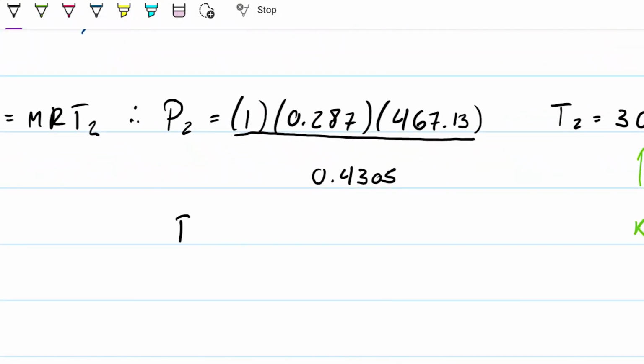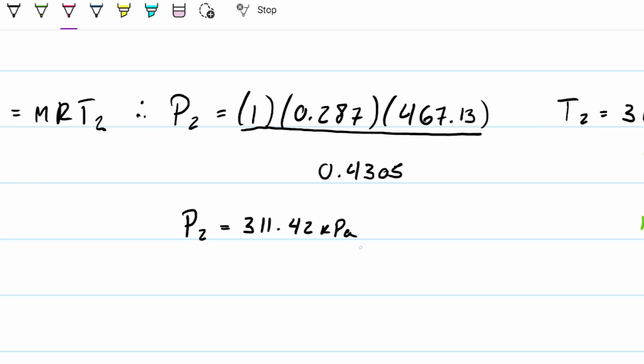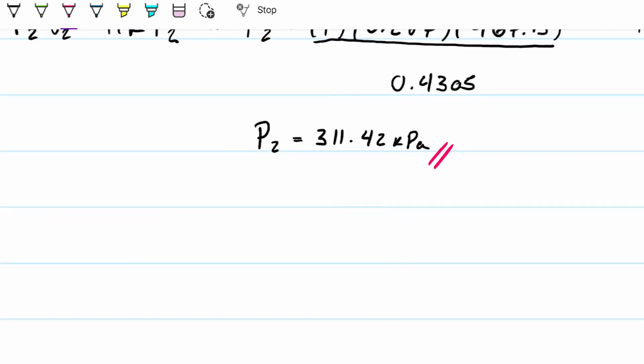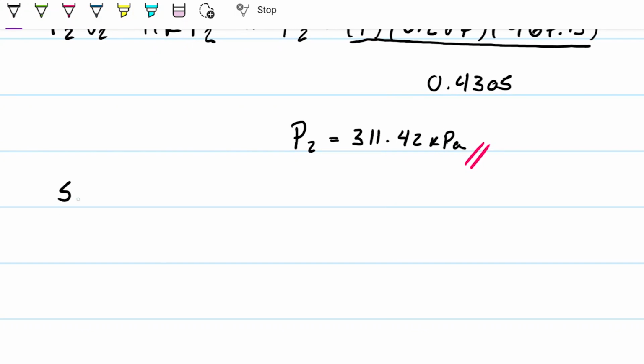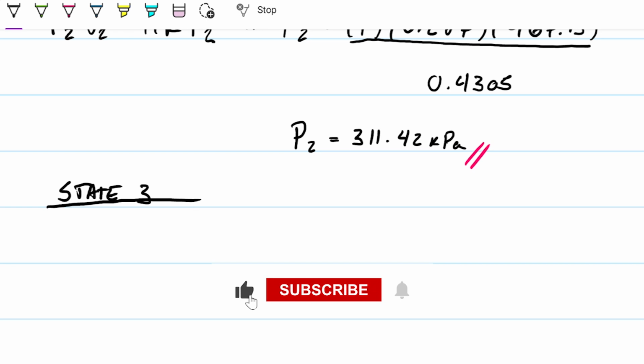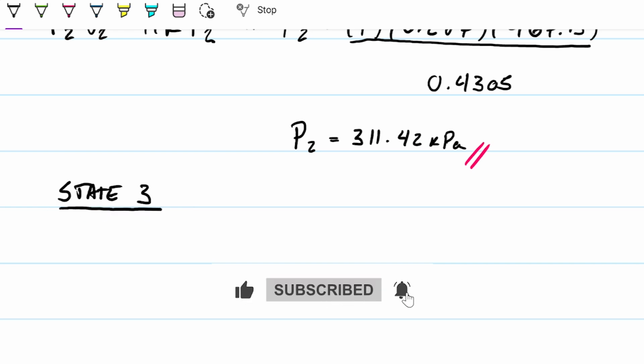Okay, so we check the units on this. We should be good to go. Pressure 2 turns out to be 311.42 kilopascals. All right, obviously you're free to check this unit-wise, and you actually should check this unit-wise so that in case I did any mistakes, you can correct me, but we should be good here. Okay, and then state 3, we know that state